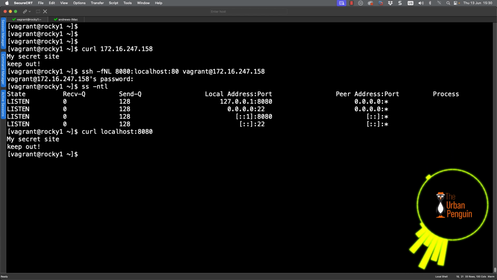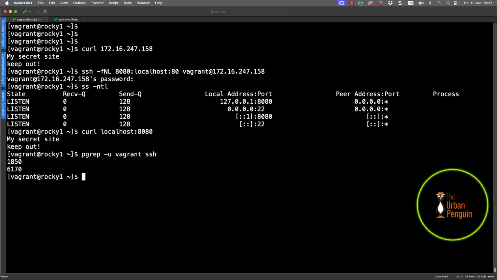But the traffic's gone through my local host. It's been sent through encrypted on port 22 to the remote web server, where it's been passed through to port 80. Now this should time out automatically based on the client alive timeouts. However, if we want to get rid of it once we are finished, we can use pgrep to search for processes for the user Vagrant that have got SSH in their name,